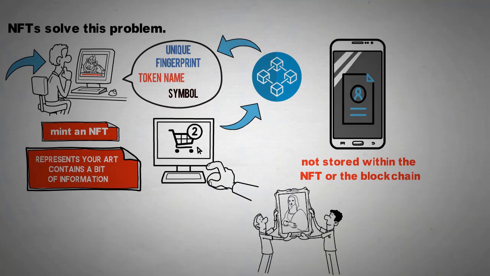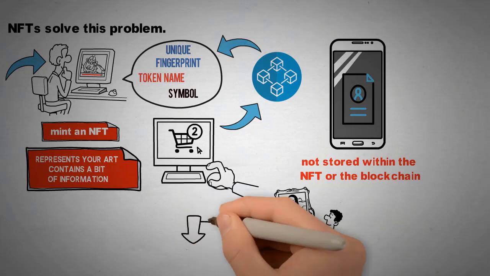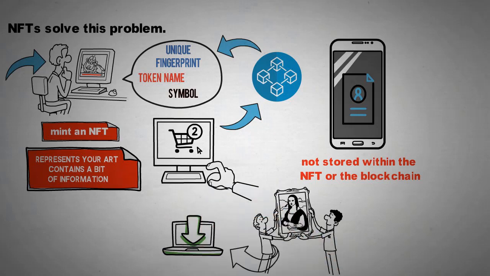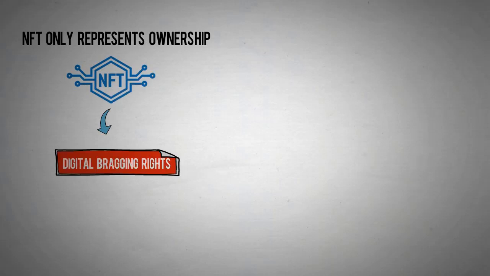Now here's where NFT become weird. When you buy an NFT that represents artwork, you don't get a physical copy of it. Heck, most of the time, everyone can download a copy for free. The NFT only represents ownership, and that is recorded in a blockchain so nobody can tamper with it. Some say that NFT give you digital bragging rights.